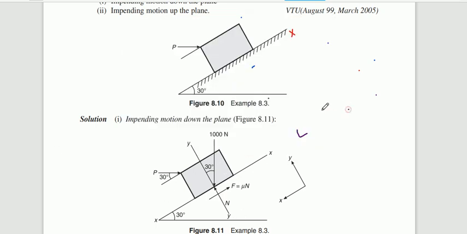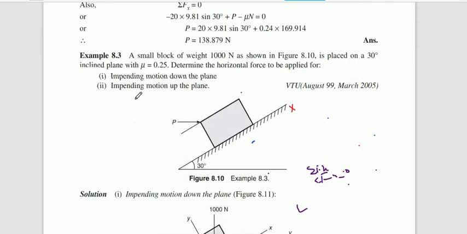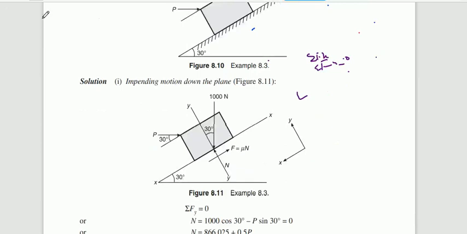So what are the equilibrium conditions? Summation of Fx is equal to 0 and summation of Fy is equal to 0. And here mu value is given, mu is equal to 0.25, and the other things you need to find out. So let us first consider summation of Fy is equal to 0. How many vertical forces are there here, including the vertical component of the inclined force?